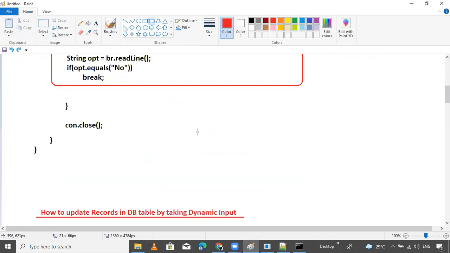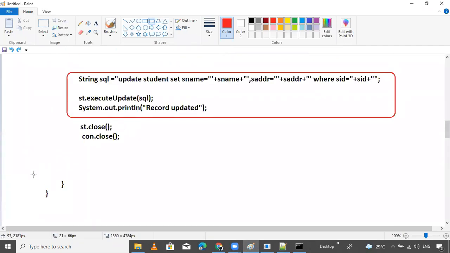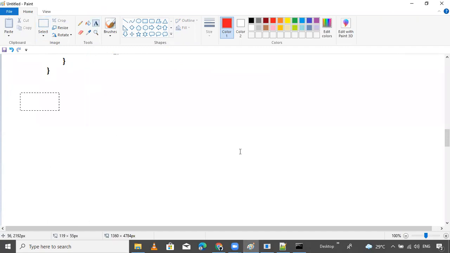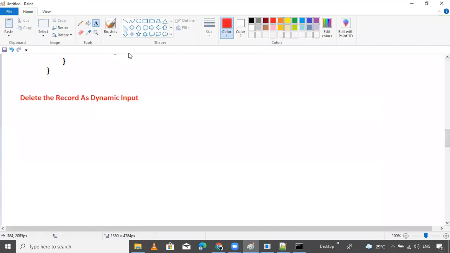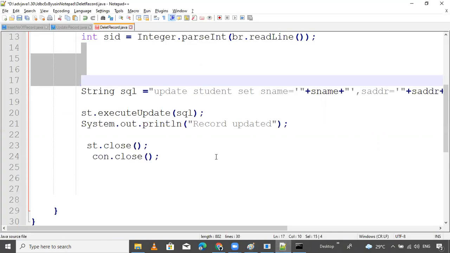So here I want to write: delete the record as dynamic input. Provide the ID and delete the record. Whichever ID we provide, delete that record. That's it.